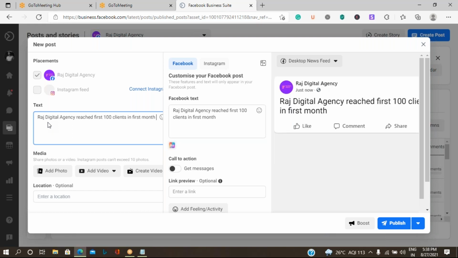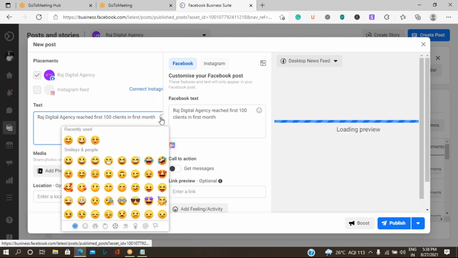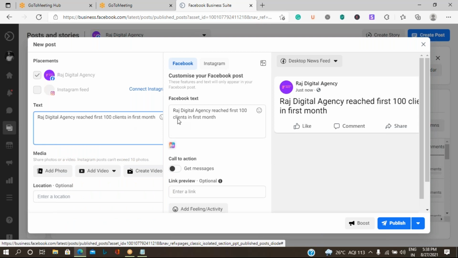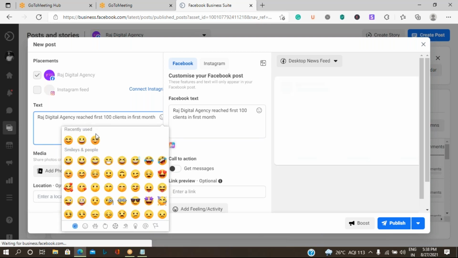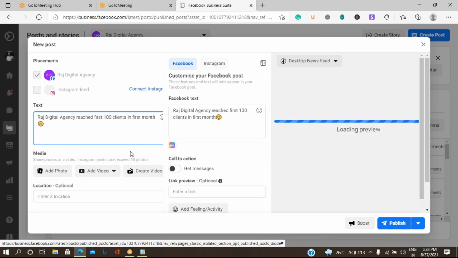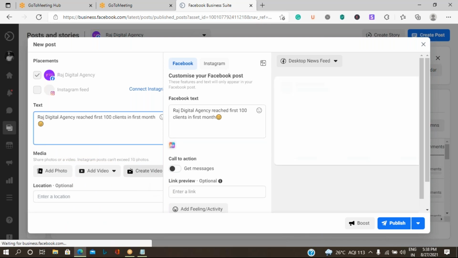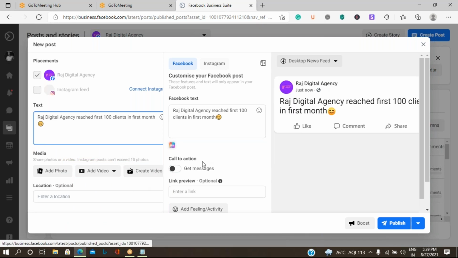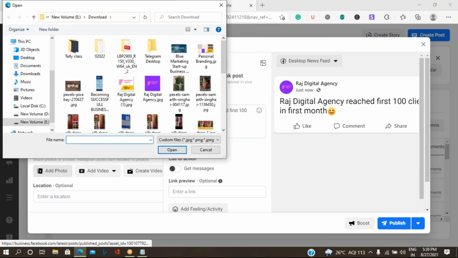Okay, so let me add this and add with emoticons. And if you want to add with the image, you can add it.